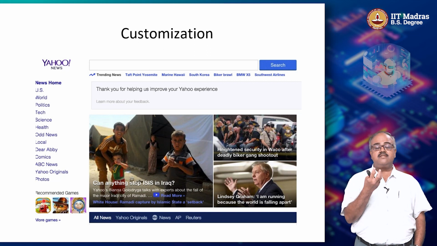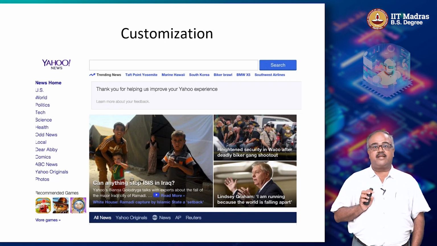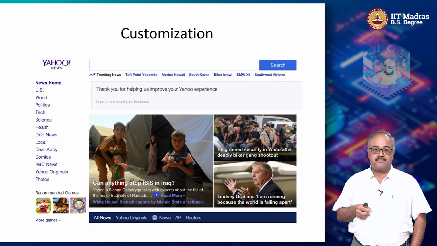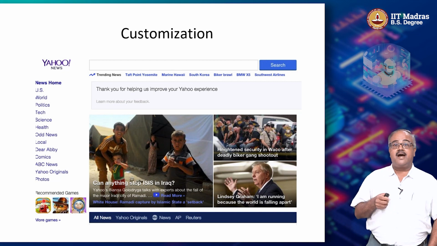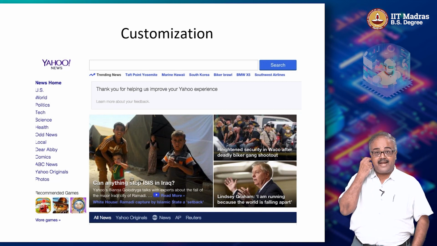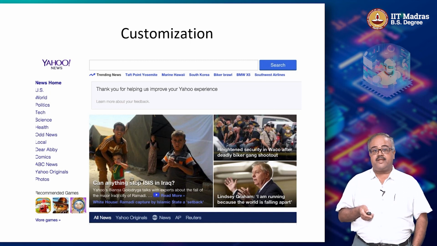And then you say, okay, if this is the user, then these are the 3 stories which have the highest probability of him clicking on it. So let us show those 3 to him. Okay, so that is how this whole customization, personalization bit operates. And this is actually a similar idea behind what is happening with systems like ChatGPT as well.